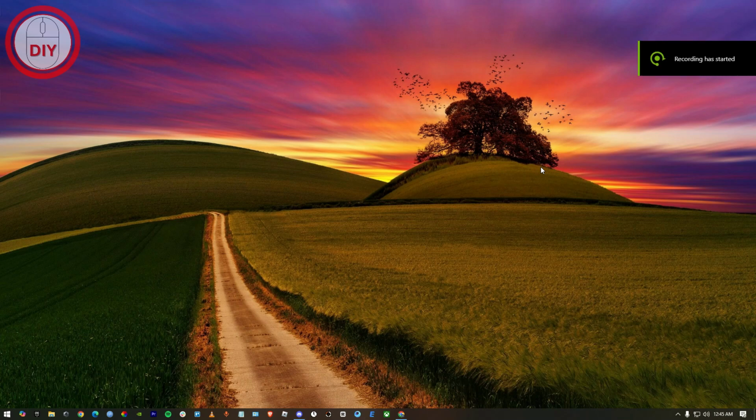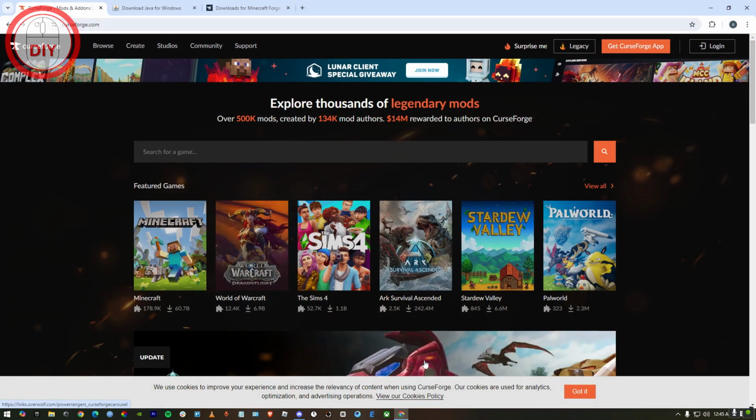How to download mods in Minecraft. So downloading mods in Minecraft is very easy and simple. What you gotta do, first of all, is go to your web browser. I'm using Google Chrome for this. Once you're in your web browser, as you can see, I've already opened the website and it's called